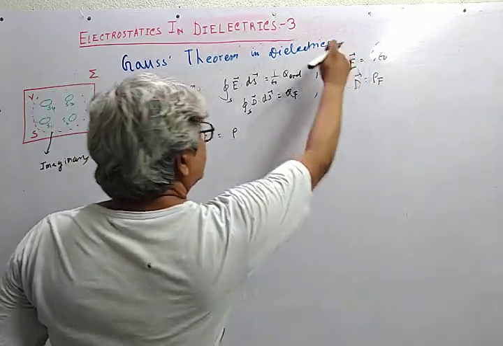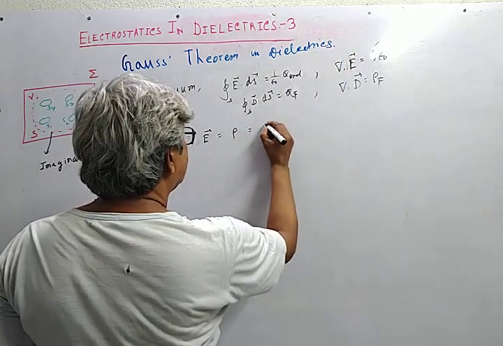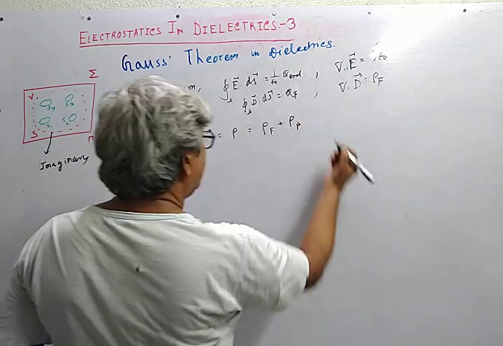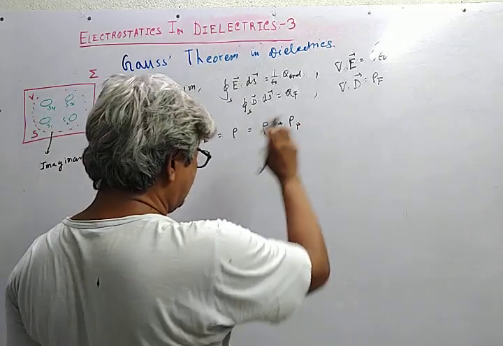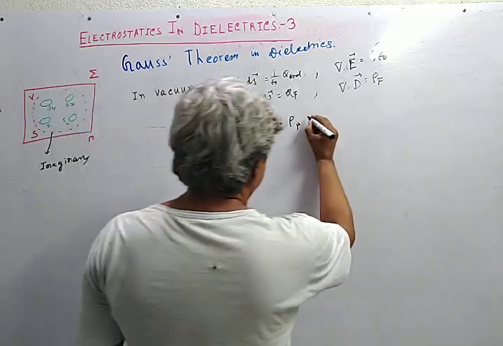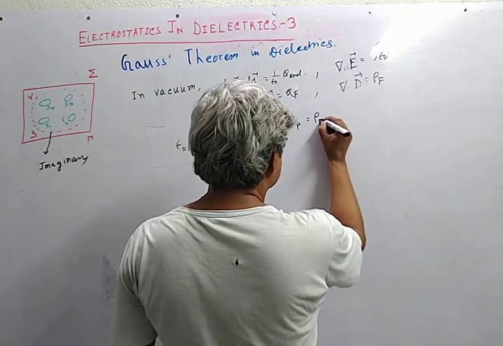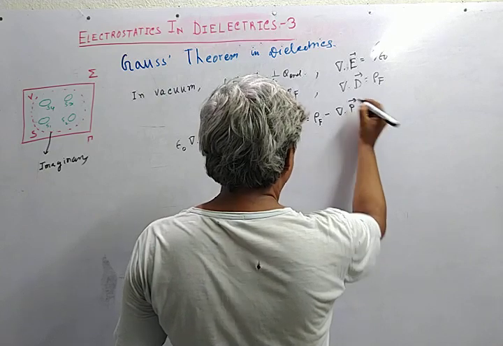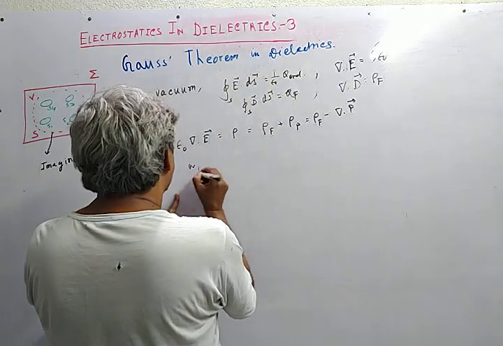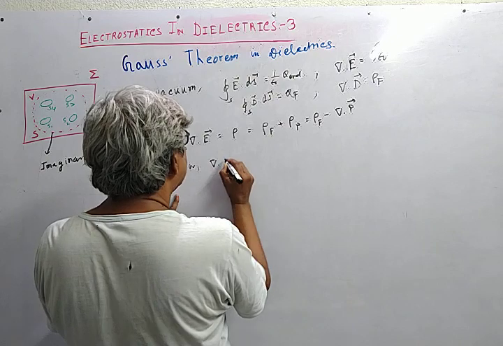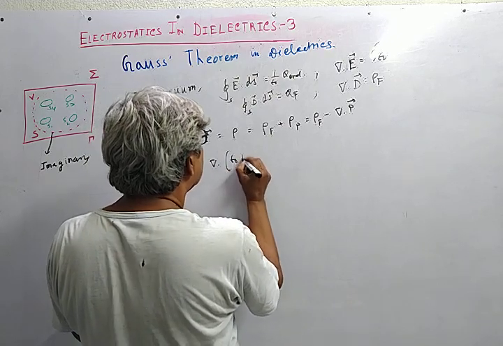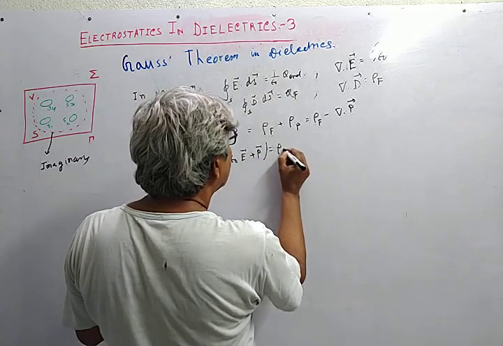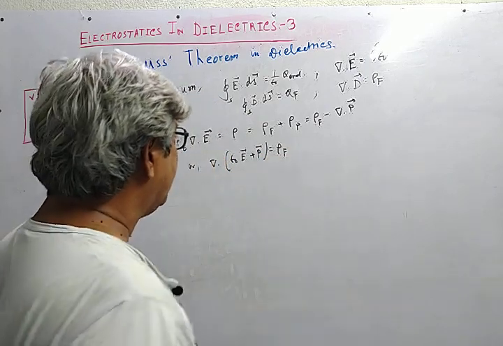I have multiplied this with this, and rho in the presence of a dielectric medium is rho F plus rho P, the free charges and the polarization charges, and the polarization charge is given by, so if we take this to the other side, we get divergence of D equal to rho f, the same equation that we obtained